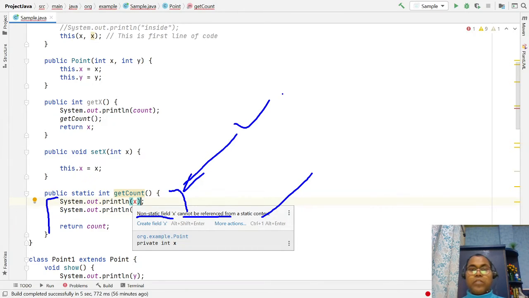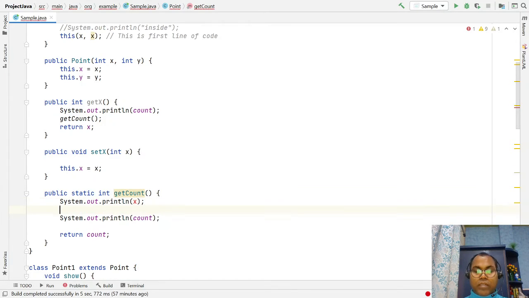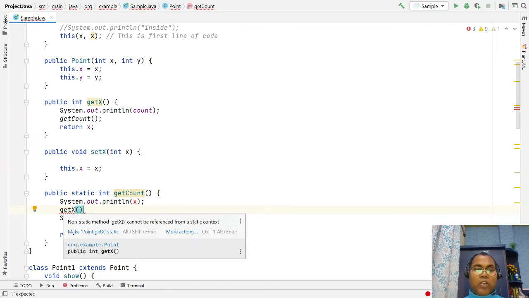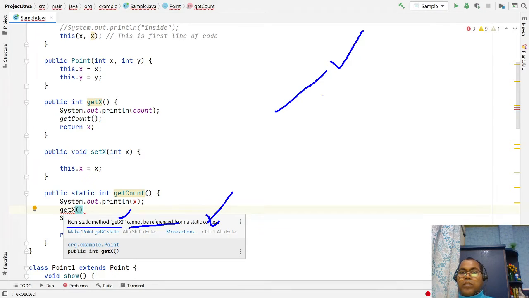And also you cannot access an instance method. Here you're trying to call the getX method, and this is not allowed. The error says the non-static method getX cannot be referenced from a static context. So be clear: from a static method you cannot access an instance variable, and you cannot access an instance method. But the reverse, from an instance method you can access the static data member and the static method,